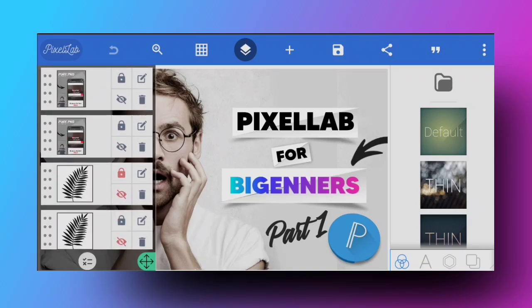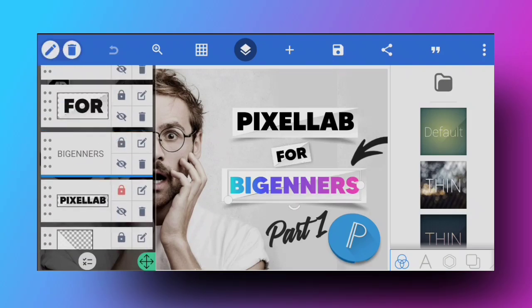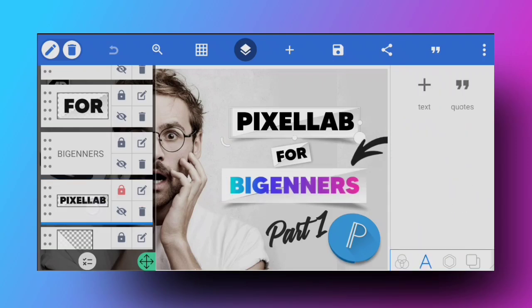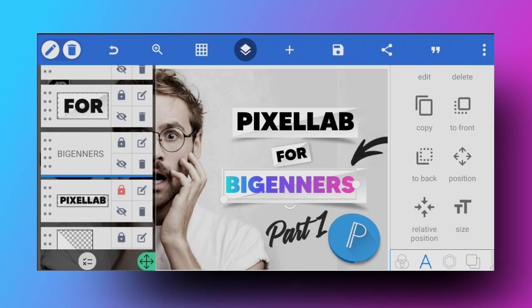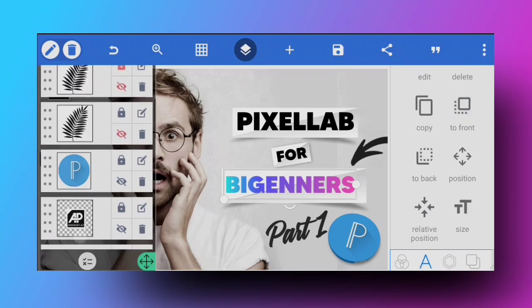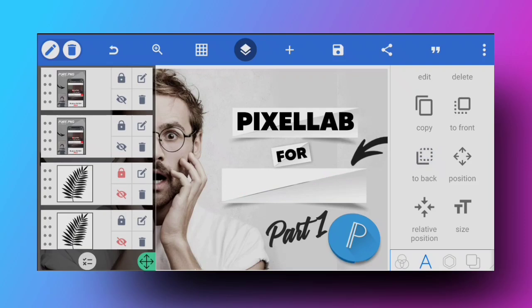So what I can do is, if I want this beginner text right here, which is locked, to be in the front, on the top, I'm going to go to the layers. Okay, so this is the text layer. I'm going to select that text layer, which is this one right here, and I'm just going to hit to the front right here, and this text will be added in the front. So it will be on the top of all the rest of your layers. Also similarly, if you click on the back, it will go back again.